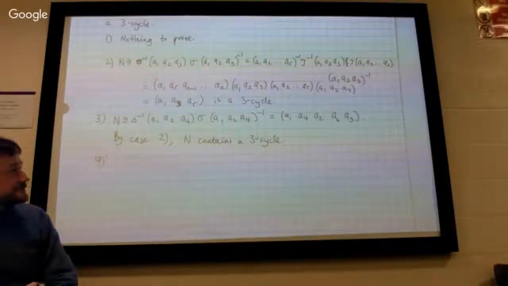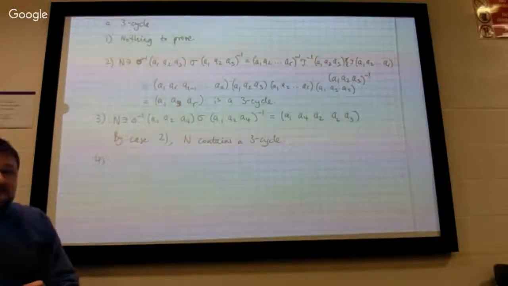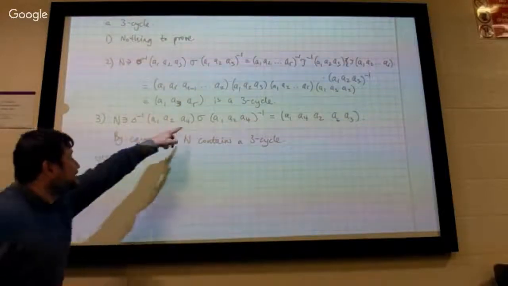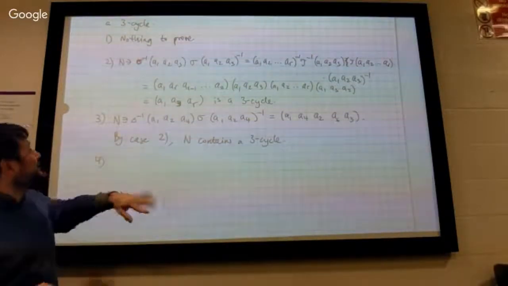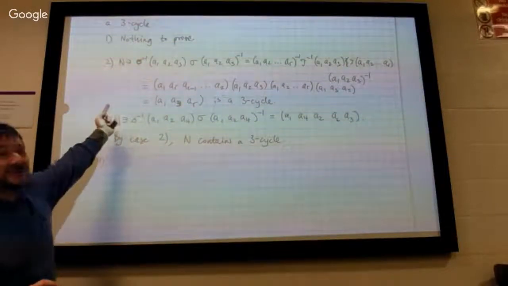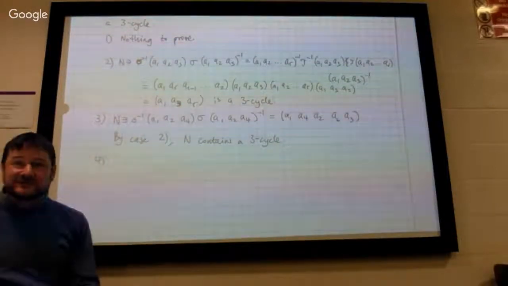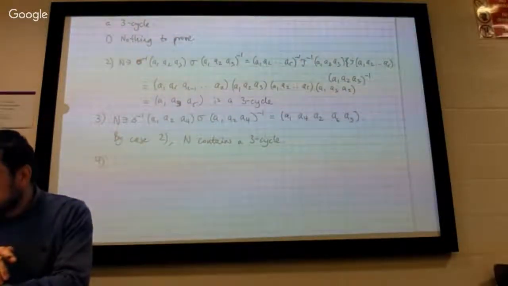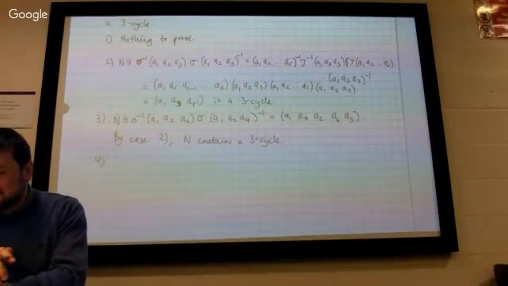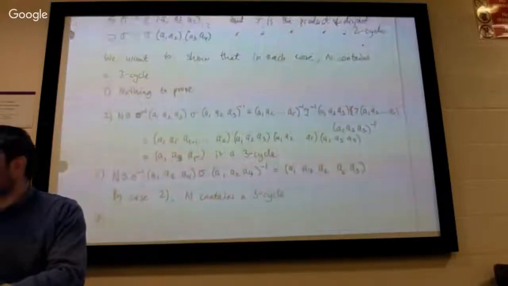In N. Okay, so it's not necessarily the sigma that we started with, but there's a different one. And you know that if there is something that has a long cycle, there's a free cycle. Okay, case 4 is that there is something